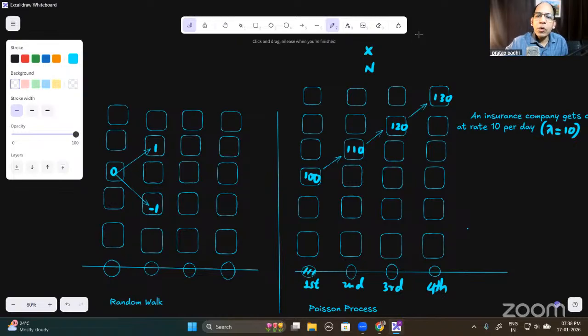Some books use X_t for discrete and X(t) for continuous. And some books use N_t this way also and N(t) also. It doesn't matter. Okay, whatever way, they are the same. But I suppose here we will use N(t) instead of X_t. This way we'll use. So if you are using some material or some book where they've written N bracketed t,